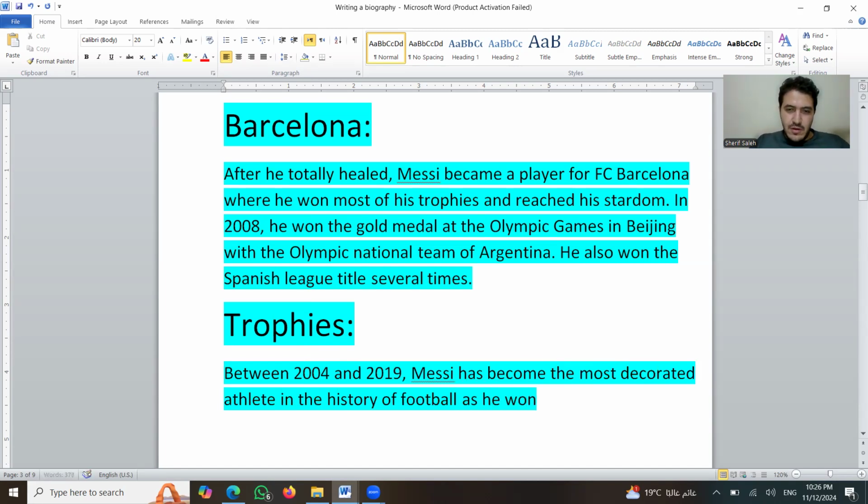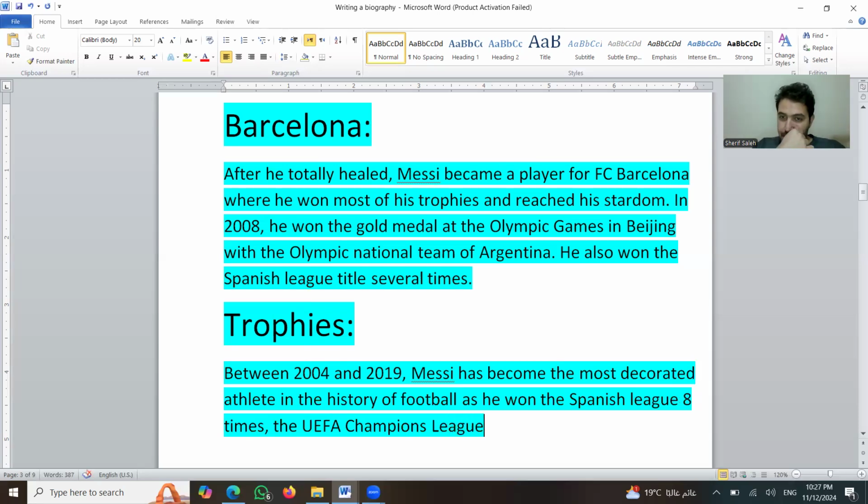As he won the Spanish league, let's say 8 times. I don't really remember how many times Muhammad does, but yeah, I would say as he won the Spanish league 8 times, the UEFA Champions League. And please, guys, be careful whenever you write names. You need to write the initials or the first letters in capital. Champions League title, I think 4 or 5 times,